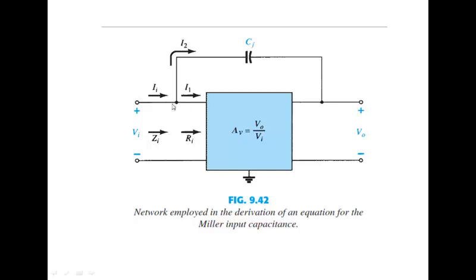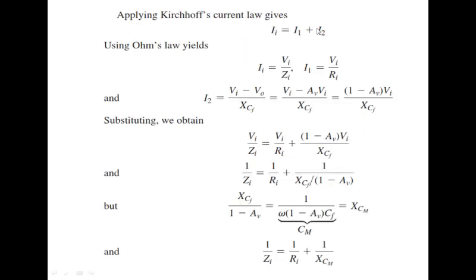So KCL, when I write it here, would be current entering must be equal to current leaving, so I in would be equal to I1 plus I2. So I in would be equal to I1 plus I2, where I in would be equal to V in over Z in, and I1 would be equal to V in over Ri, and I2 would be equal to